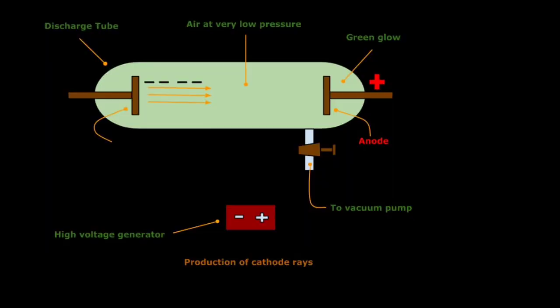But before starting that, let me give you a quick recap of whatever we had discussed in the last class, with a diagrammatic presentation. So just look at this. In the first image, students, you can see the cathode ray discharge tube, and you can also see that there is air at a very low pressure over there, and a greenish yellow fluorescence is visible. So this was the diagrammatic setup for the cathode rays.